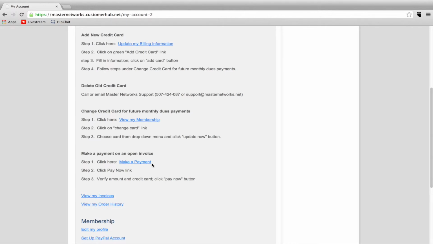One thing you'll notice if this ever does happen to you is that we run your card every 3 days for 7 tries. If it fails on the second failed invoice, your back office is restricted to only see the My Accounts tab, which is the one that we're looking at right now. So it looks a little confusing because you don't have all those other tabs, but what we've done at that point is said if you want all of the membership benefits, including access to the entire back office, we really want you to get in here and pay that invoice and get up to date on your dues. So you will always have access at this point to come in and update that account and get your invoices up to date and then have full membership benefits.